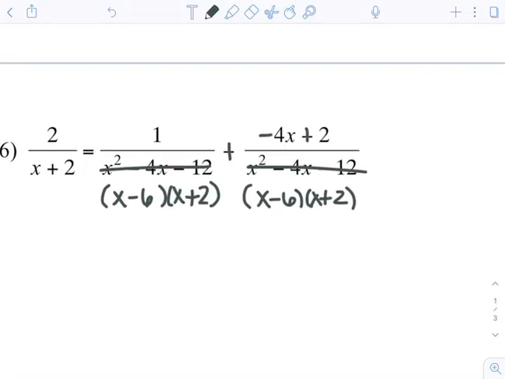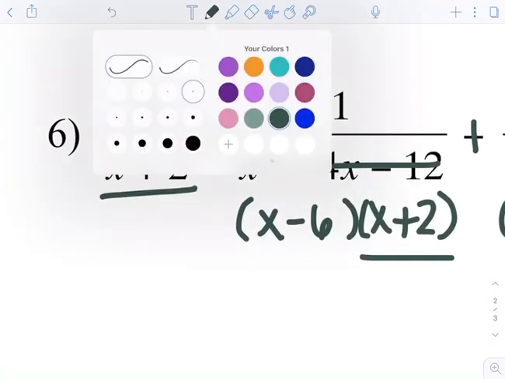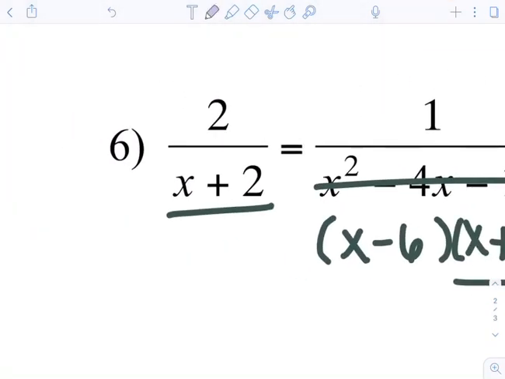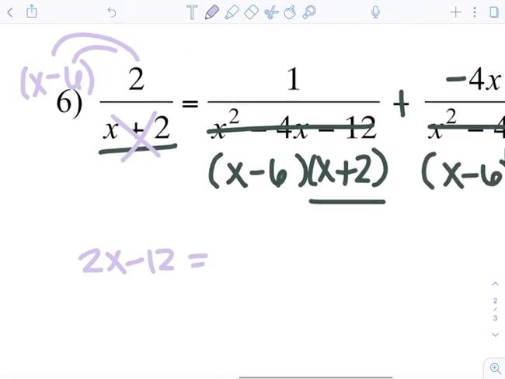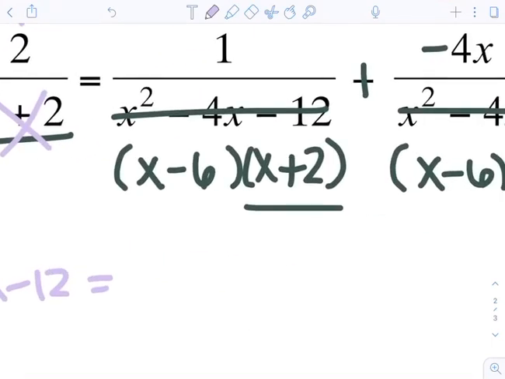So hopefully looking at the denominators, you can see what the common denominator is. They all have x plus 2, so that's going to be a part of the common denominator. But the first one is missing the x minus 6. So when I am getting rid of my denominator, I'm going to multiply by what it's missing. The other ones have x minus 6, so I have to multiply by x minus 6, cross this out, and distribute your 2. So 2x minus 12 equals,